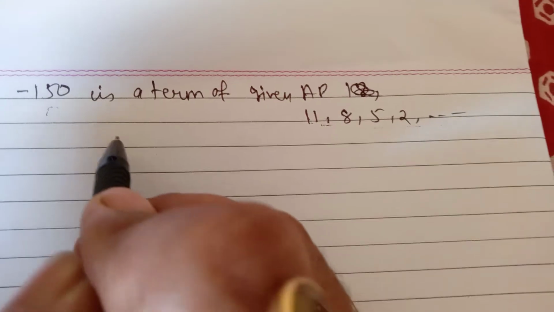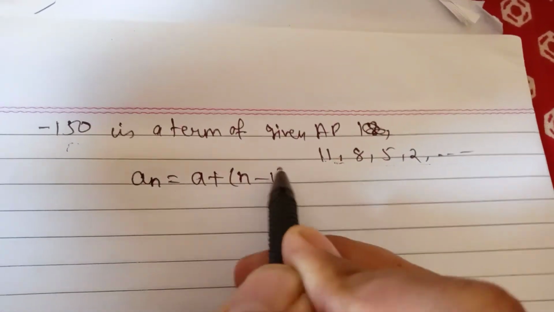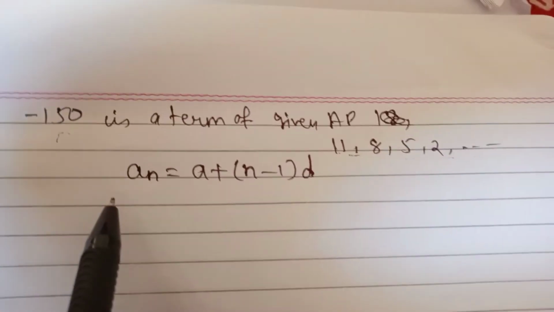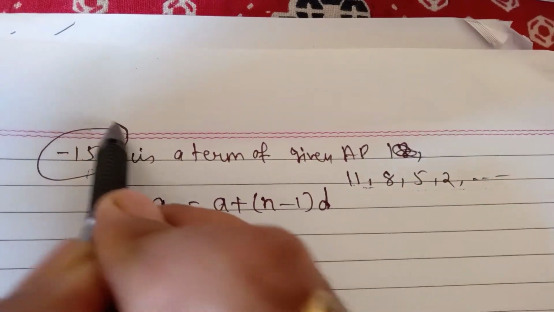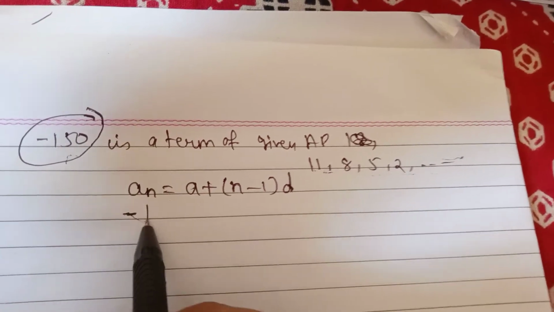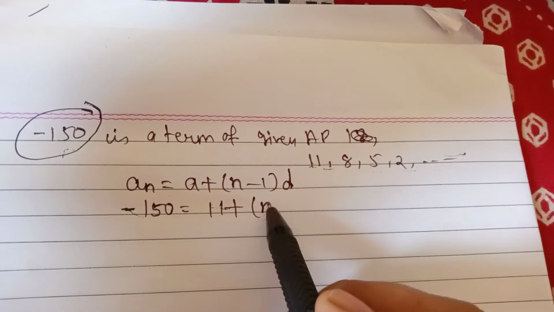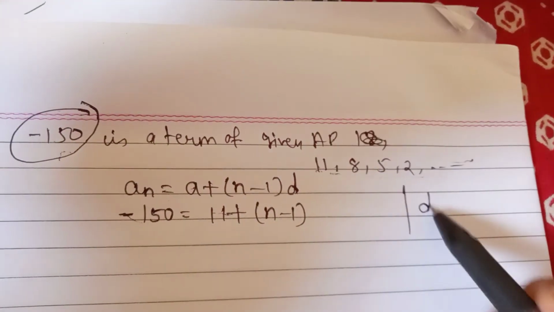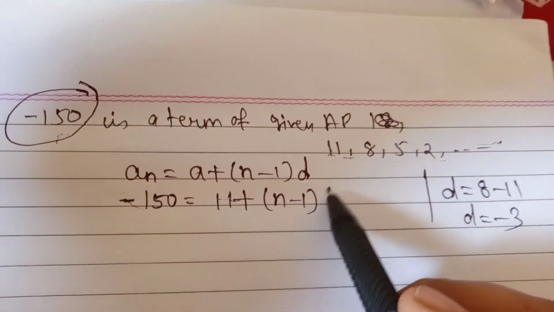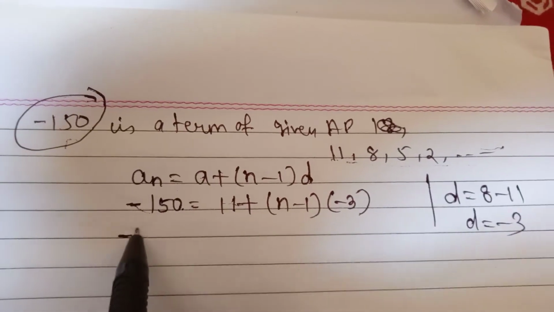हमारे पास जनरल टर्म फार्मूला क्या है, हमारे पास जनरल टर्म फार्मूला है ए एन इज इक्वल टू ए प्लस एन माइनस 1 इंटू डी. क्लियर. अब देखो ए एन हमें ये चेक करना है कि ये माइनस 150 क्या इसका एक लास्ट टर्म हो सकता है कहीं पर, तो हमने एन की वैल्यू क्या पुट कर दी, माइनस 150. ए इज़ 11, हमें एन फाइंड करना है, और डी वन सेकेंड टर्म माइनस फर्स्ट टर्म, तो d इज इक्वल टू माइनस 3. यहाँ पर आप लिख सकते हो माइनस 3. चलो इसको यहाँ पर ट्रांसफ़र कर देते हैं, थोड़ा इक्वेशन को और इजी करते हैं.